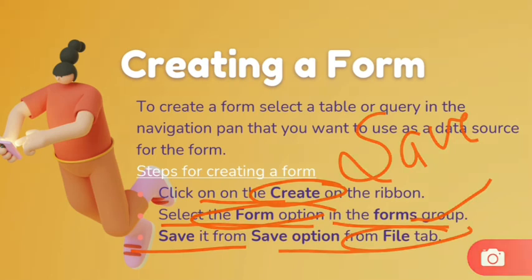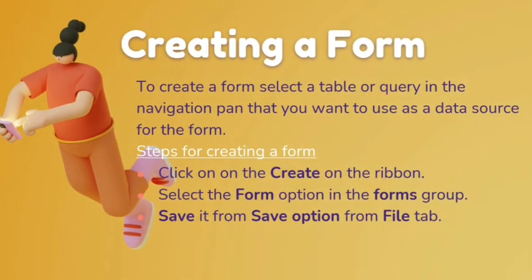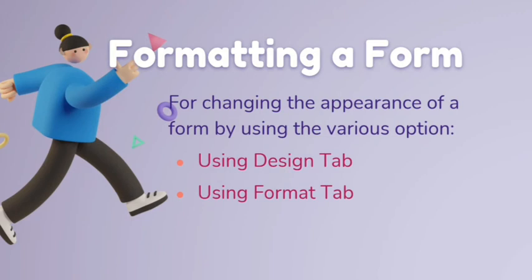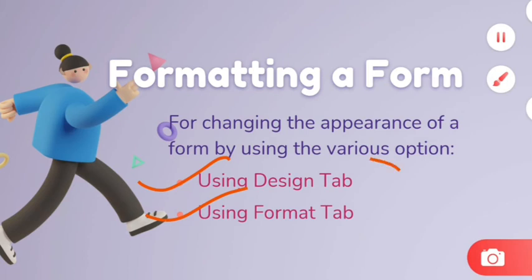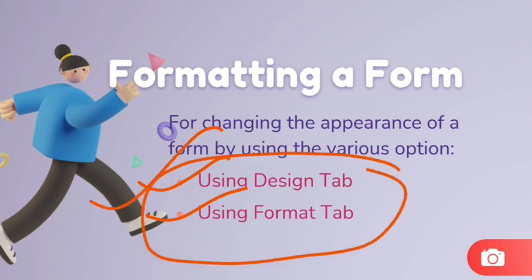Now move ahead to the next heading, that is formatting a form. For changing the appearance of a form there are various options. The first is using the Design tab, or the Format tab. There are two ways we can use to change the appearance of the form. In the Design tab, you can add a logo or a title to your form by making use of the logo and title options present in the Header/Footer group in the Design tab. And then in the Format tab, you can